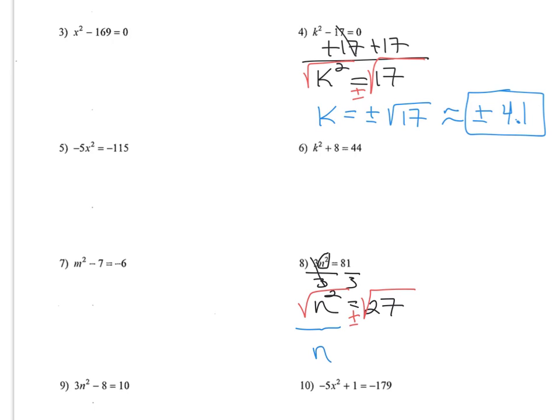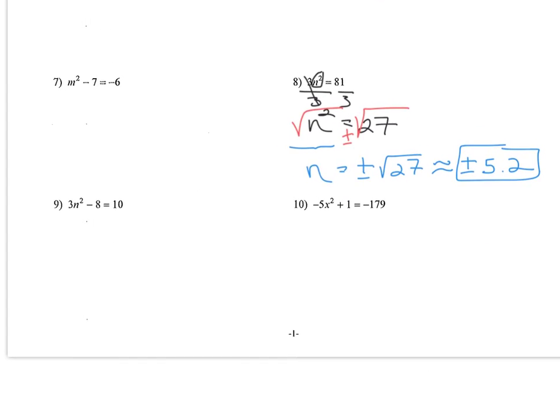On the left-hand side, I'm left with just the n, and since again, similar to number 4, 27 is not a perfect square, I will substitute that into our calculators as well, and rounding that to the nearest tenth, I get a 5.2. So we will have solutions of both the positive 5.2 and the negative 5.2. So as you can see, the calculators are important to have handy as we're working through the square root process. In number 10,